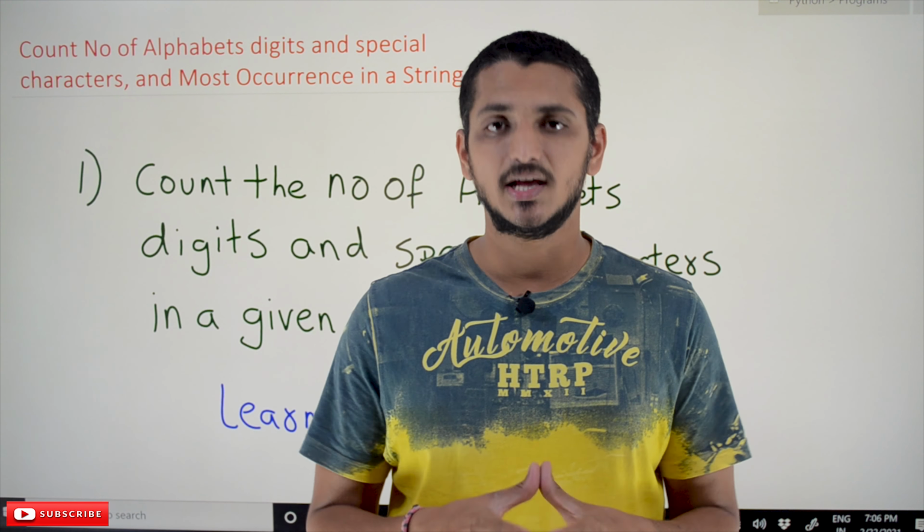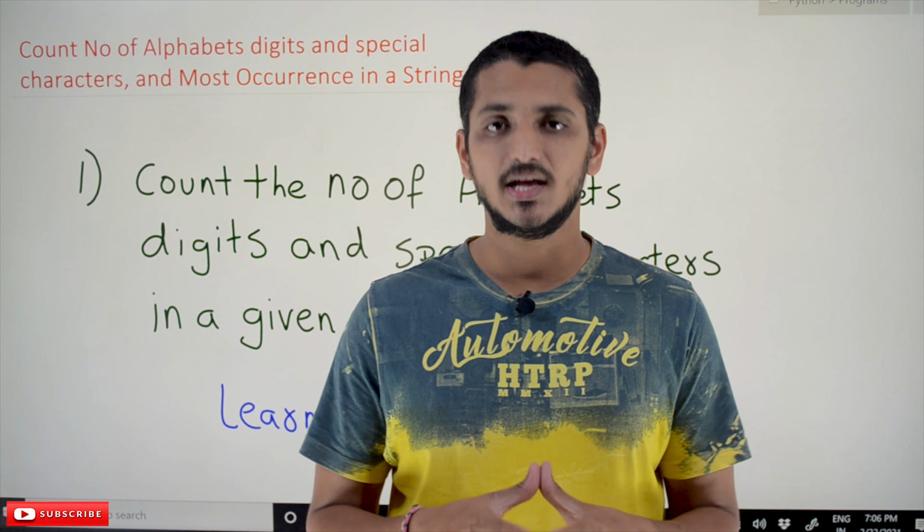What happens here is it will check the ASCII values. What's the ASCII value of a small character a? It is 97, b is 98, c is 99, and so on up to z. So if our character is between a and z, it is comparing the ASCII value. If it is between those, we know that it's an alphabet. We use this logic in identifying alphabets, digits and special characters. Let's check the coding here.